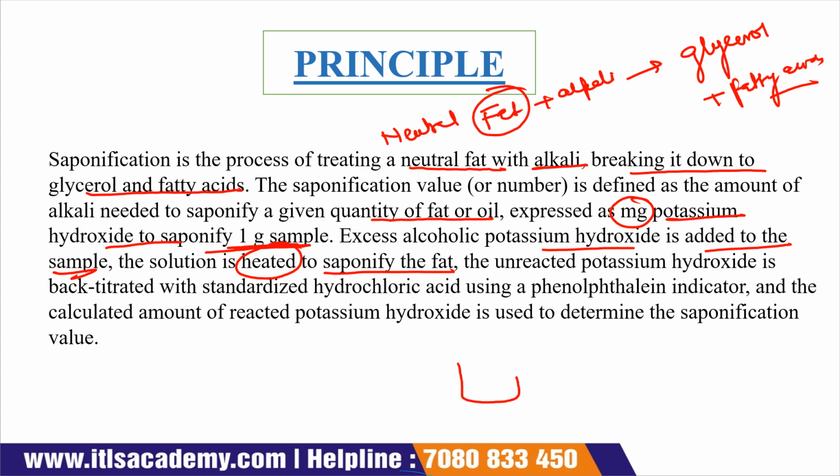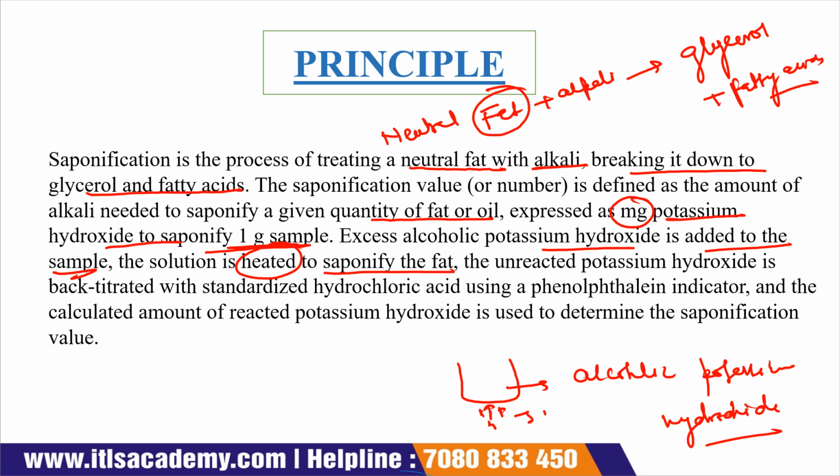Suppose that this is our sample in which we added the alcoholic potassium hydroxide solution. Then what should we do? We heat it. Why do we heat it? So that the fat will be saponified and the remaining unreacted potassium hydroxide is back titrated with the standardized hydrochloric